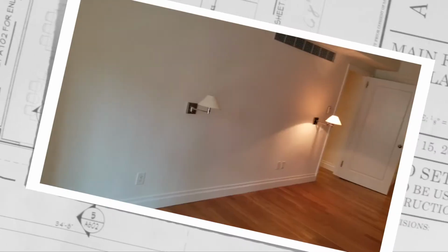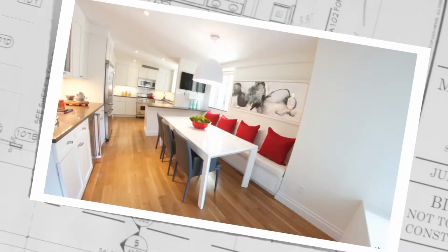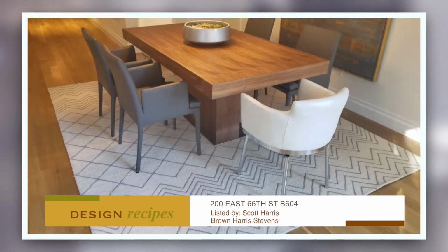Welcome back to the show. Before the break, we transformed a blank canvas into this, a gorgeous residence at the iconic Manhattan House. Listing broker Scott Harris has a property tour. Hi, Scott. Thanks, Kathy. I'm Scott Harris from Brown Harris Stevens in New York, and welcome to Manhattan House, apartment